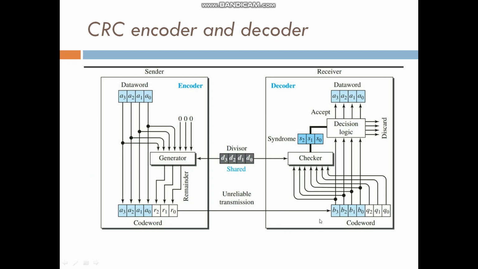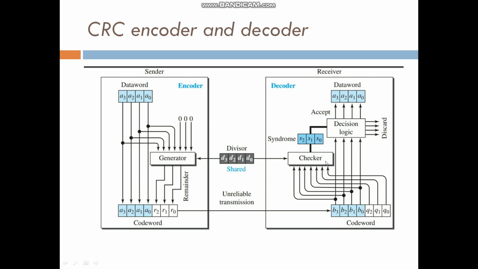Then the receiver receives a 7-bit code, that is B3, B2, B1, B0, Q2, Q1, Q0. That is the mix of the data word and the remainder obtained from the encoder. Now we have to check whether the data has errors or is error free. The approach used is the reverse of the generator. Here we use a checker, which checks our code word and